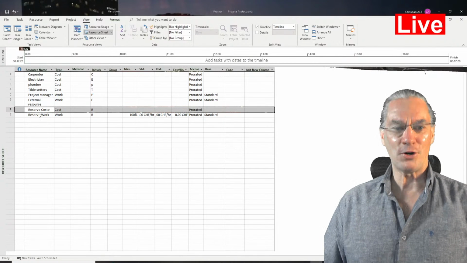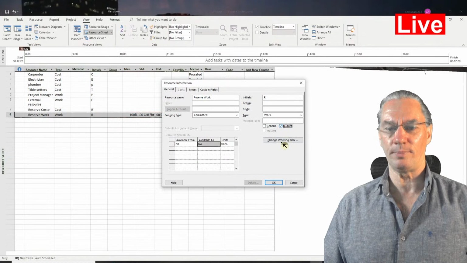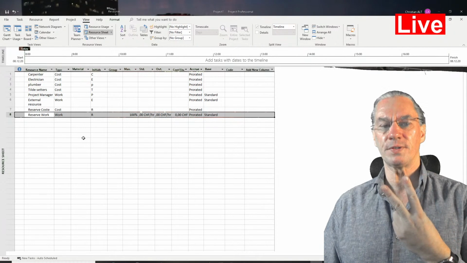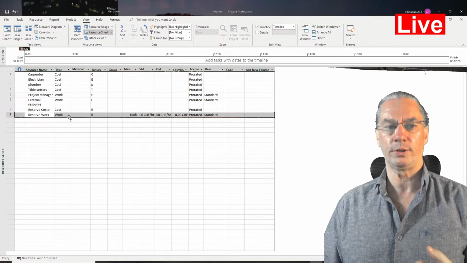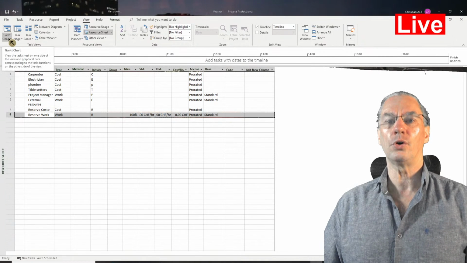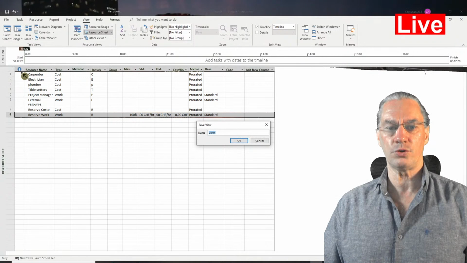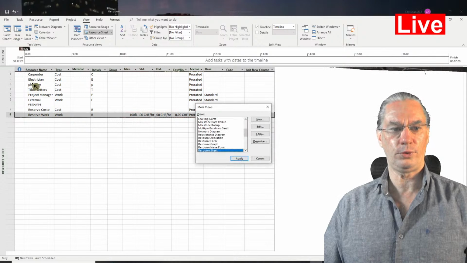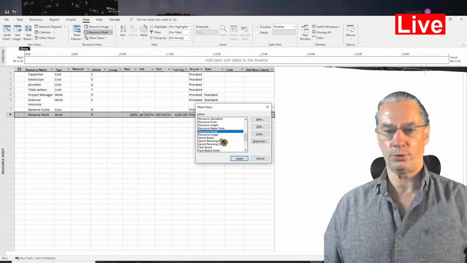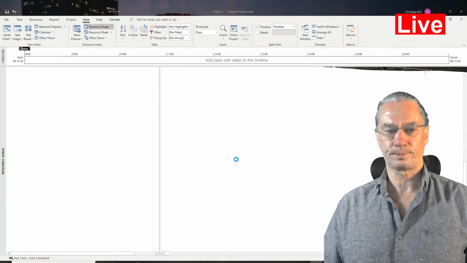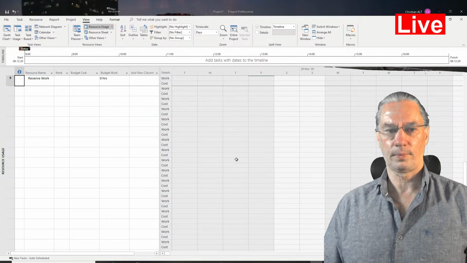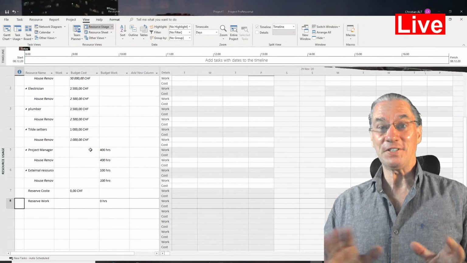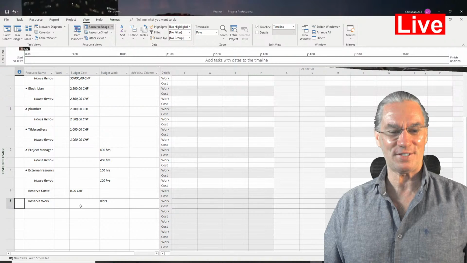So let's do it also for the work one. It's also a budget one. So till now I've created two resources, one of type cost, one of type work. What is left now for me is to go again to the resource usage. Oh, I got mixed up here, more views, and I'm looking for resource usage. Okay, I thought that everything had disappeared for a second, but no, they were just up.